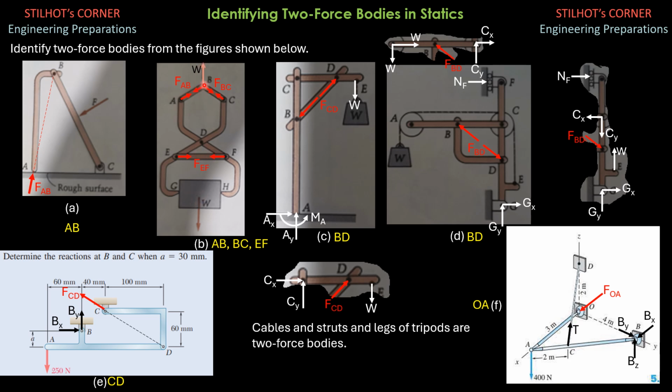So at joint B, summation of forces in X equals 0. You can verify that FAB equals FBC. Then summation of forces in Y, we can now compute FAB and FBC in terms of W. Then another two-force body is EF, because in between E and F, there's no load. So the direction of this unknown two-force body may be at E to the right and at F to the left.